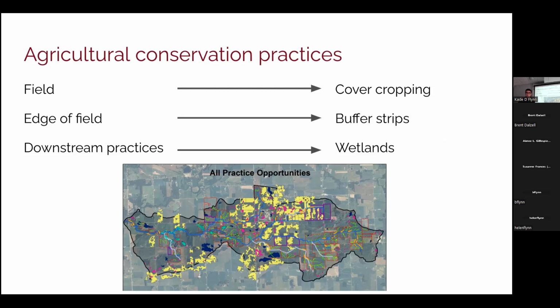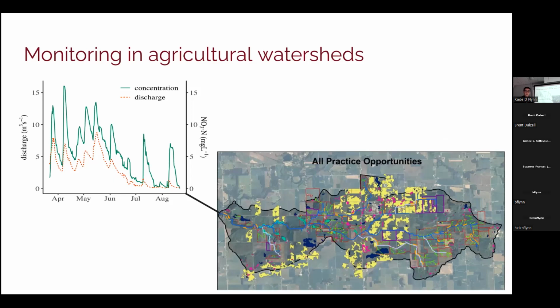This is a tool that uses geospatial information to prescribe potential sites where conservation practices could be implemented. I want you to notice here that each of these conservation practices is recommended at a specific location in space. So the solution is very local. If you contrast this with the way that nutrient loss is typically monitored in these agricultural watersheds, that spatial scale is much larger. Most commonly, you'll have sensors installed near a watershed outlet, and you'll be tracking movement of water and movement of nutrients continuously.